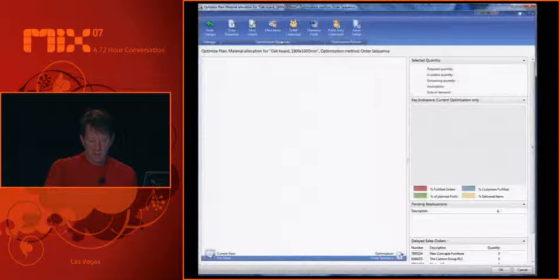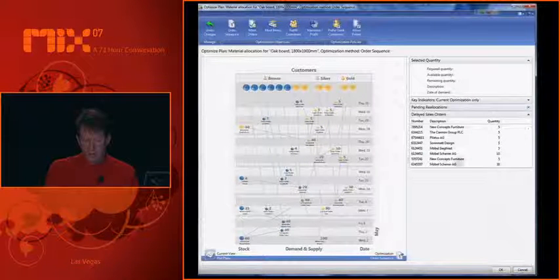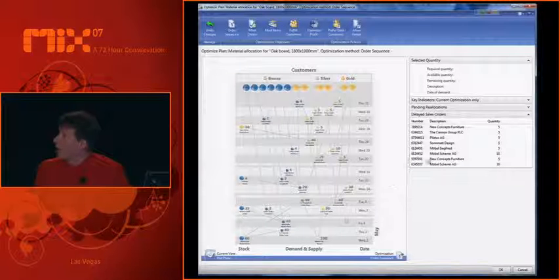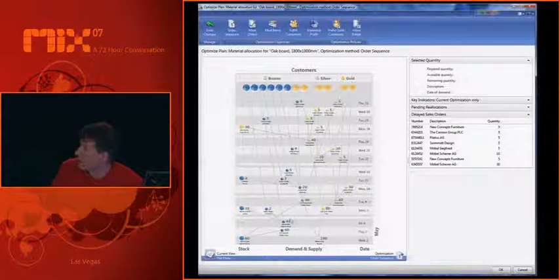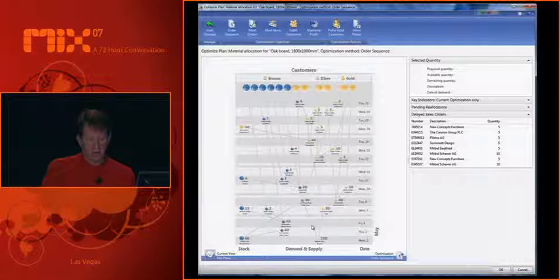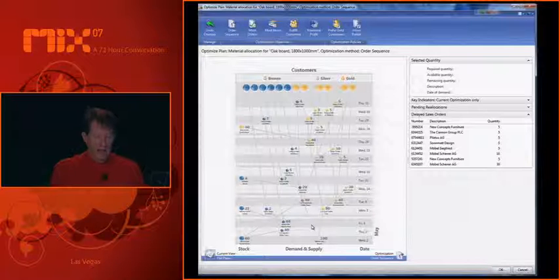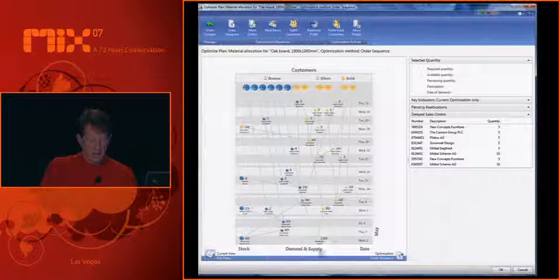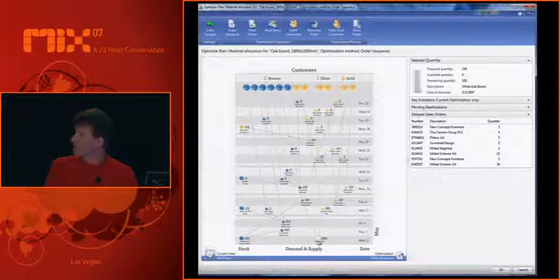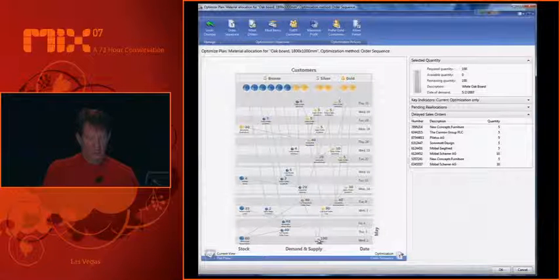What do I do to optimize my plan? And this will pop up the user interface for doing that. Now, what we've taken is, actually, you can't see very well up there, but what we've taken is a graphical display of the order and what's happening. And so I've got date going up on the side. If I hover over the top of one of these items at the bottom, so here's the 100 pieces of white oak, and up on the top-hand side, the selected quantity, when I hover over the top, gives me how